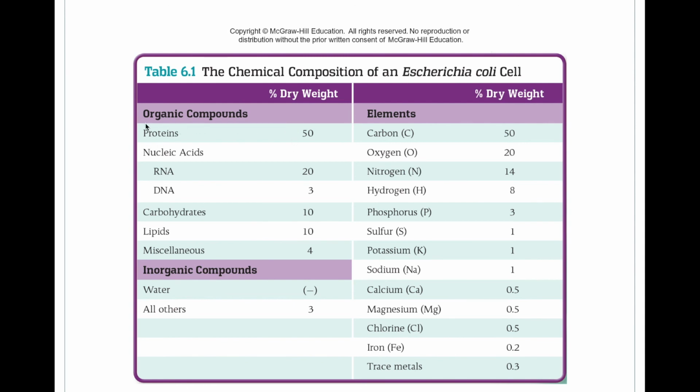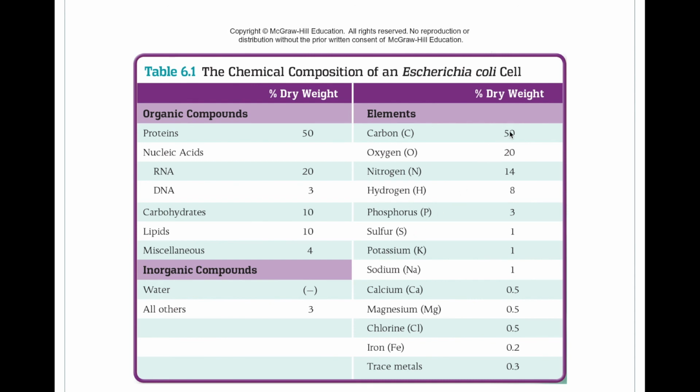So you can see the majority of the cell is made up of proteins, right? And this is not just structural proteins like we think of muscle proteins, but this is also enzymes. And this is actually the majority of the proteins that you find in the cell, enzymes required for metabolic and reproduction and biosynthesis reactions. The rest of the stuff, nucleic acids, carbohydrates, lipids, and then other miscellaneous items are in that order. Inorganic compounds, water is not included because this is dry weight, but other things make up about 3% of that